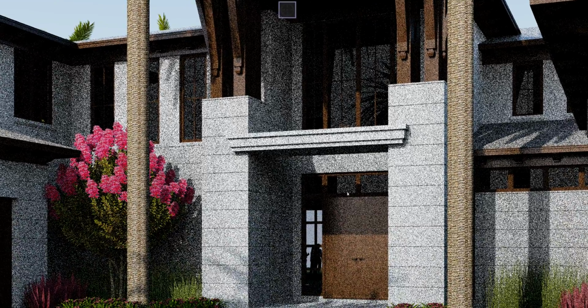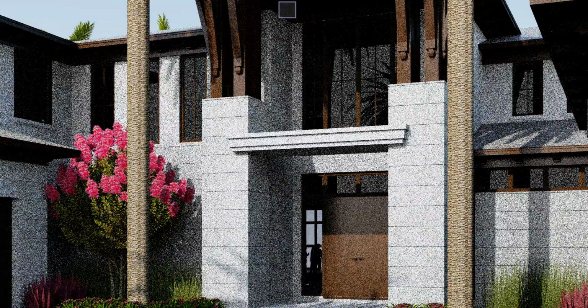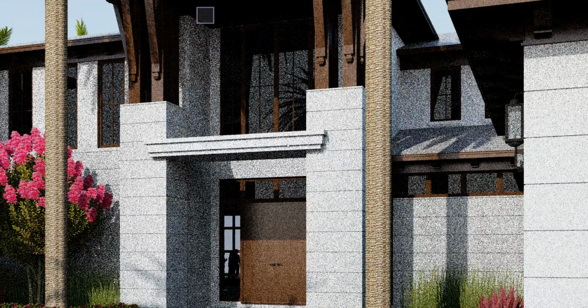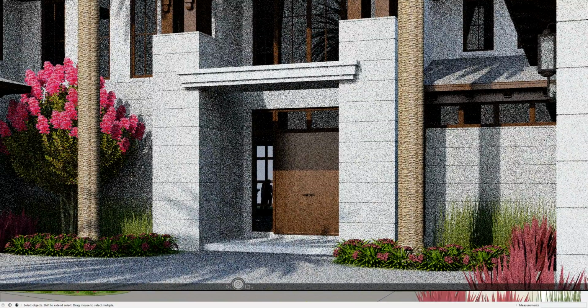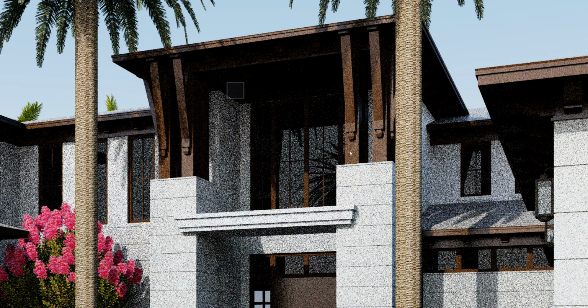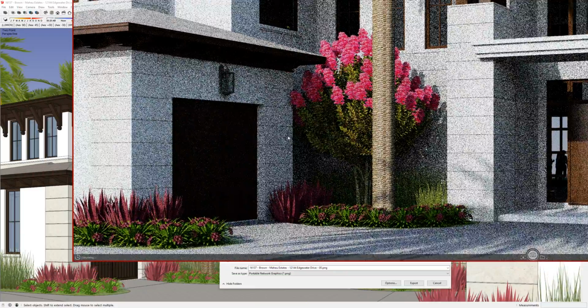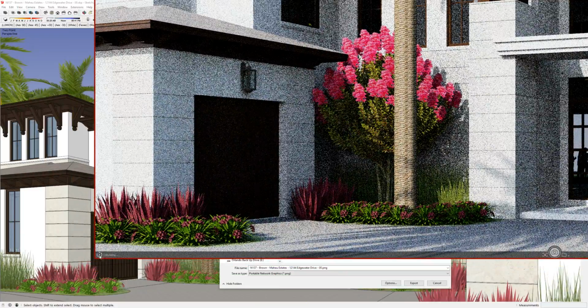But what's great and what we're really going to be able to get at, as you can see already, is the reflections of the trees and the windows. That is definitely one of the things that we really want to be able to capture. That's going to really help us give some life to this image. So I'm just going to lock this image so that I can't accidentally adjust any settings, and we are going to let this render for quite some time. I believe down here it's calculating the amount of time it'll take to fully render this,